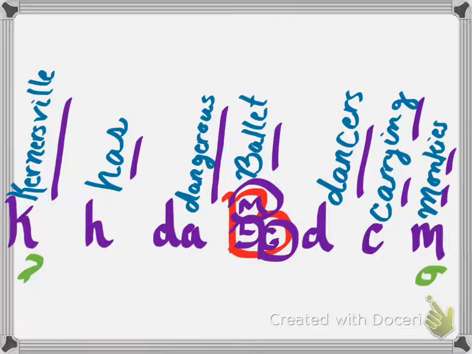So I came up with a little saying, and the kids really seem to grab onto it. It's Kernersville has dangerous ballet dancers carrying monkeys. Yeah, I know, it's so silly. Well, the B, don't forget, when you say ballet dancer or ballet, you're not thinking about the B, you're thinking the meters, liters, and grams. Okay? Then,